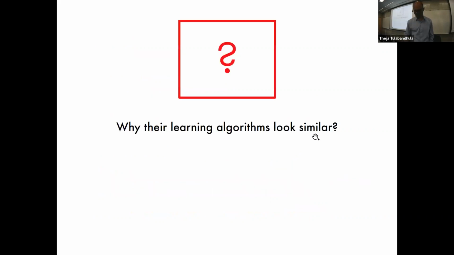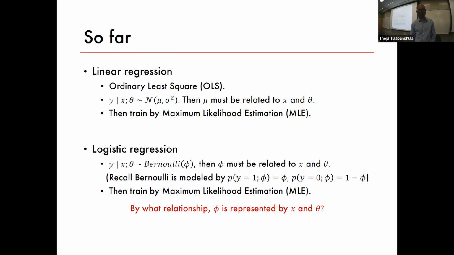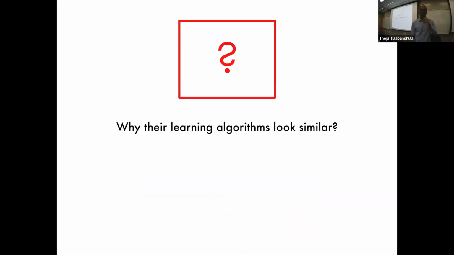So let me, yeah, I guess we'll see that in one more slide. But the question you can ask at this point is, hey, there are different specifications, different distributions here. Actually, one is normal, one is Bernoulli, and although there are different distributions, how are we getting the same type of update rule? Okay, different distributions, different loss functions, basically, and different model specifications, and we're getting the same type of update rule. And so that should be the question that we will try to disambiguate in the next hour or so.